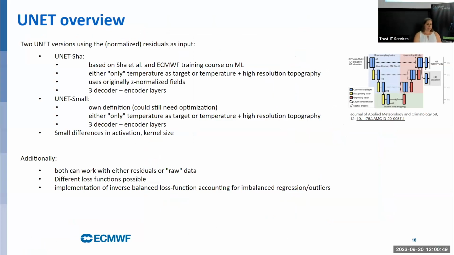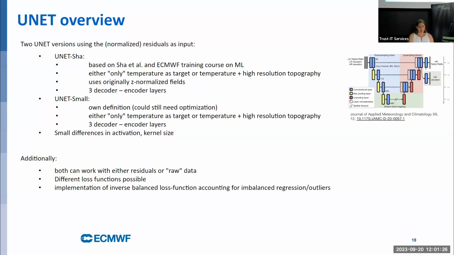So for the U-Net, we had quite ambitious ideas to test 2 U-Net configurations, different configurations of loss functions, and also different configurations of input files. But in principle, the idea was similar to Samos. We used the residuals as input, and we had to normalize them. So the residuals are still in a range between roughly -8 to +8 degrees Celsius. So we did normalize the input as well for the U-Net